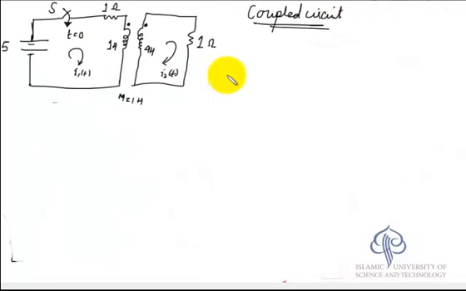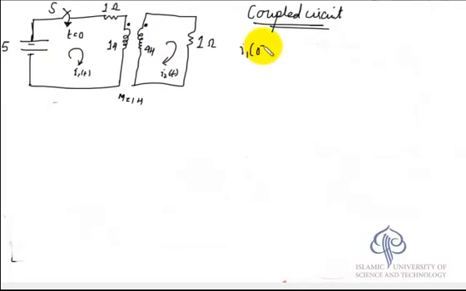Although I'll not completely solve this problem of a coupled circuit, which can be solved in methods similar to the ones that we have adopted before. What we have here is a transformer which is connected to a DC source at time t equal to 0. The self-inductance of the primary winding is 1 Henry, of the secondary winding it's 4 Henry, and the mutual inductance is 1 Henry. Let us label the two mesh currents as I1 and I2,